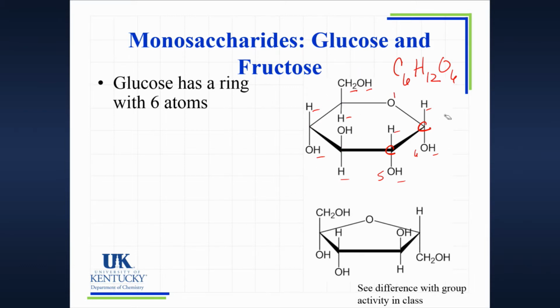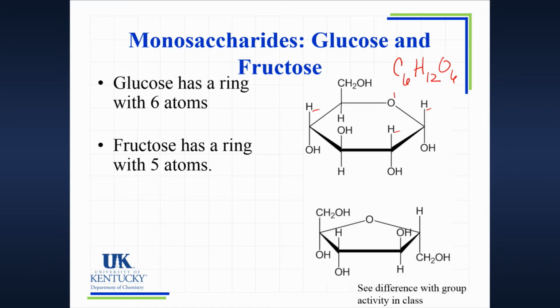Now I'm going to erase all of that just so that it's not cluttering up my screen quite so much, and then we'll move on to what the fructose looks like. The fructose has a 5-carbon ring, all right? So there's a carbon 1, 2, 3, 4. I mean, sorry, it's not a 5-carbon ring, it's a 5-atom ring because the oxygen is the 5th one in that ring, okay? So I have 4 there, I have another carbon here, 5, and I have another carbon here. So again, I have 6 carbons. And if you stop the video and count the hydrogens and oxygens, which I suggest you do, you will end up with